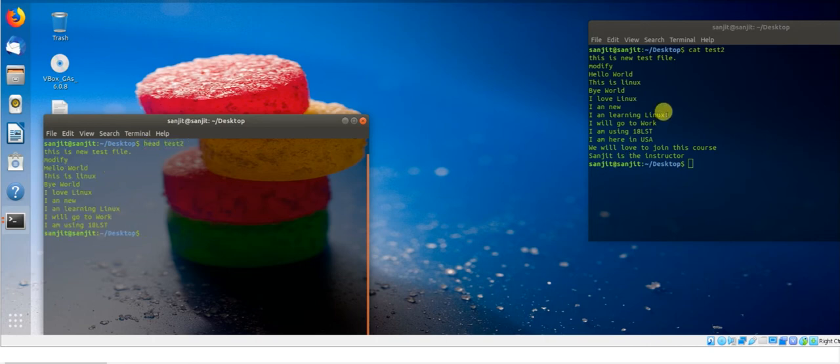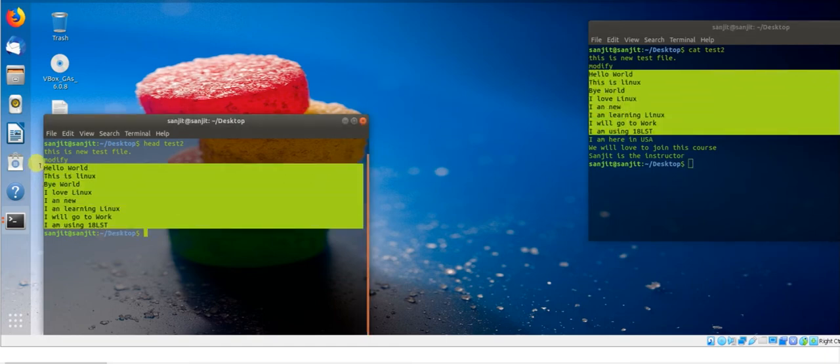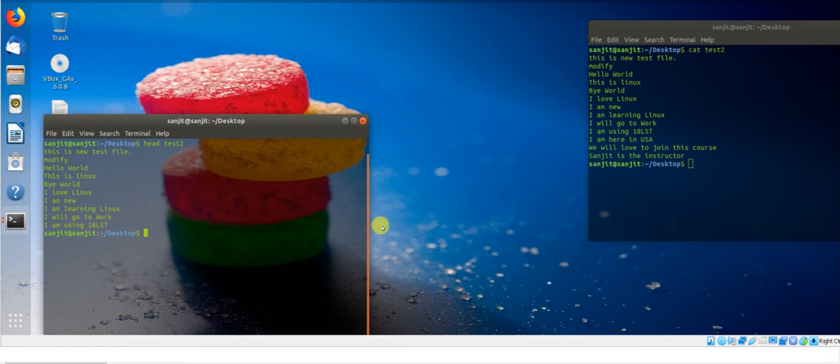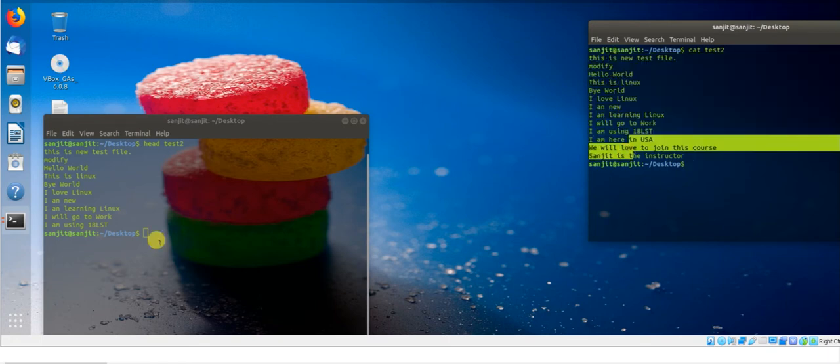So you can see it's showing up to the first 10 lines of the file. See, it will not show the last lines. In the same way, you are able to see the first 10 messages. Till here we see 1 2 3 4 5 6 7 8 9 10. The rest of the three lines will be ignored.